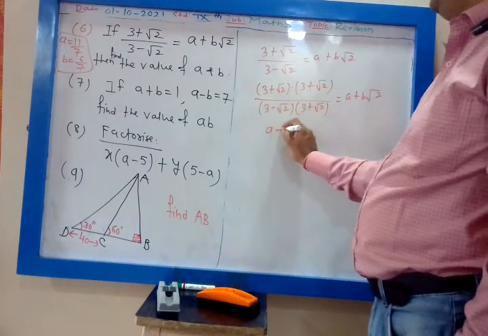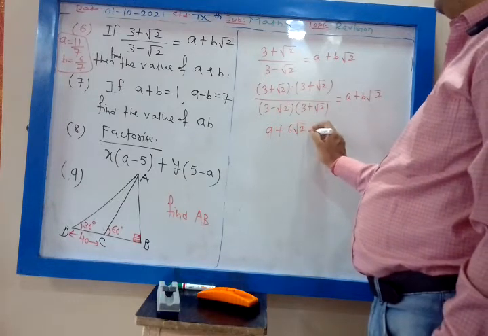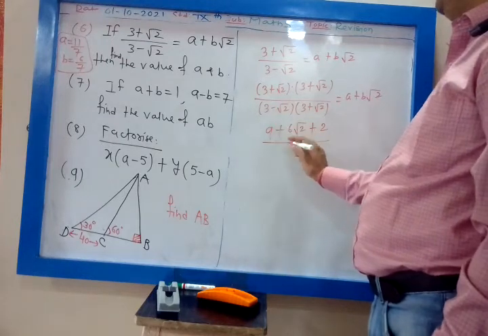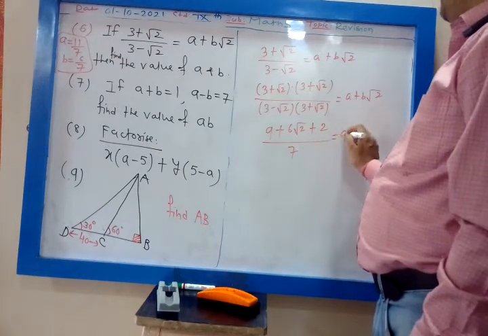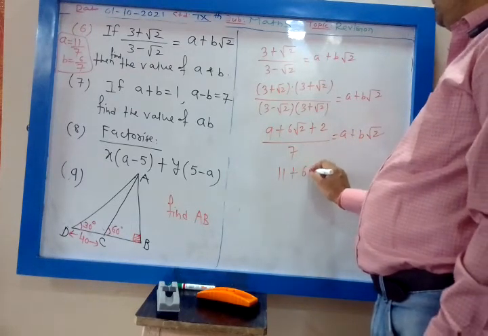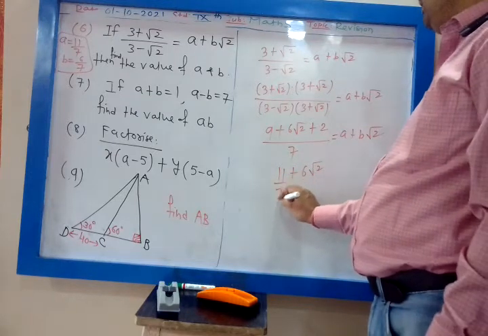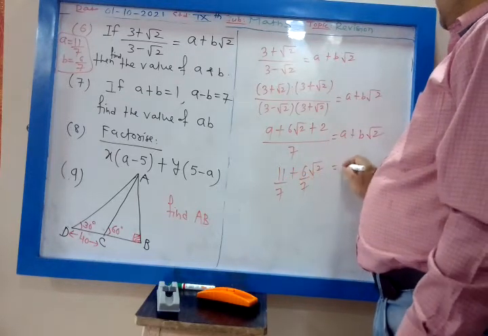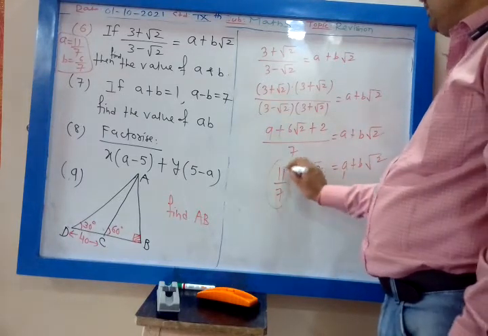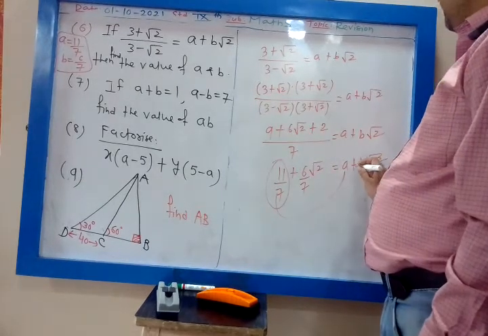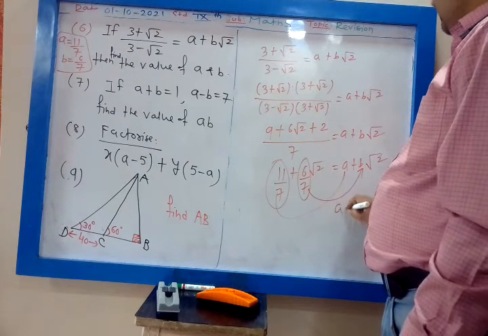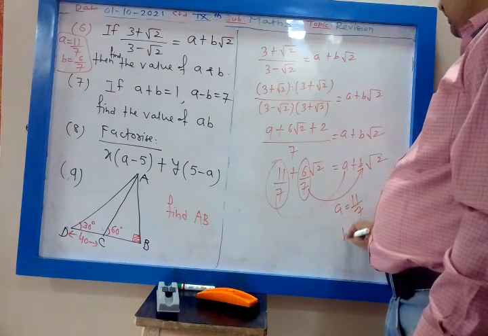So in the denominator, same term, A plus B into A minus B. So 3 square is 9 plus 6 root 2 plus root 2 square is 2 upon 7. 3 square 9, 9 minus 2, 7 is equal to A plus B root 2. 9 plus 2, 11. 11 plus 6 root 2 upon 7 will be 11 by 7 plus 6 by 7 root 2. When you compare the coefficient, A is equal to 11 by 7. Coefficient of root 2 is B, 6 by 7. So A is equal to 11 by 7, B is equal to 6 by 7.